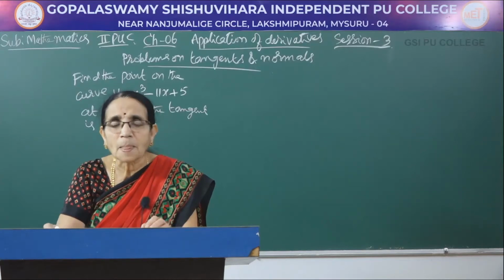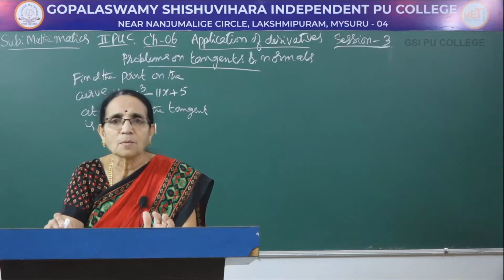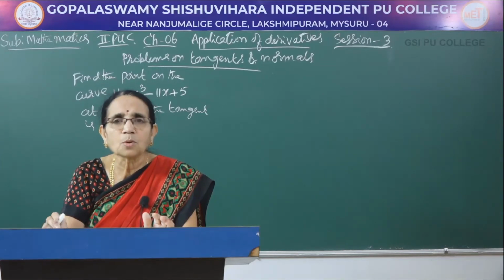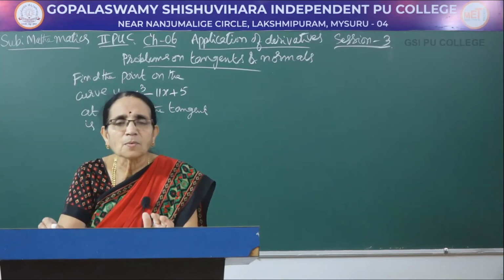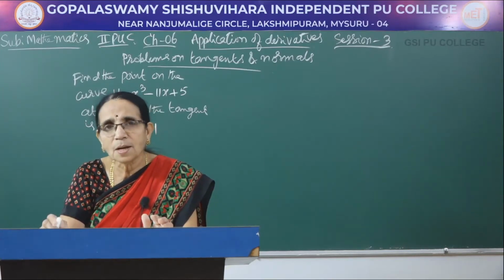So, you could calculate the slope of the chord using the formula m is equal to y2 minus y1 over x2 minus x1. See, to find the slope, there are three formulae. One is m equal to tan theta, that is a definition, when the angle theta is given. Suppose the line is passing through 2 points (x1, y1) and (x2, y2), then also you can calculate the slope m equal to y2 minus y1 over x2 minus x1. So, both those formulae we have used in the earlier session.